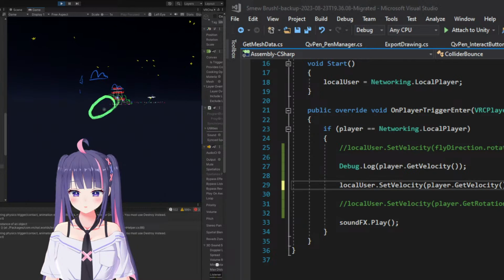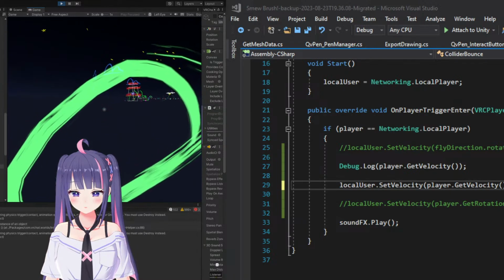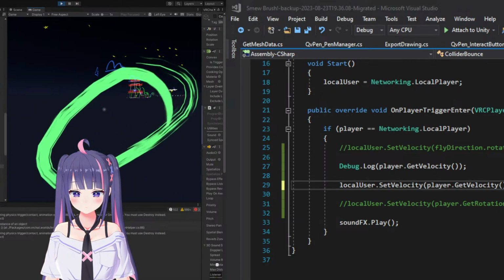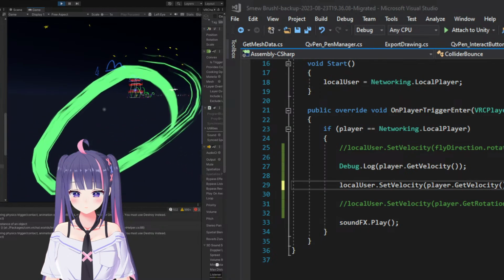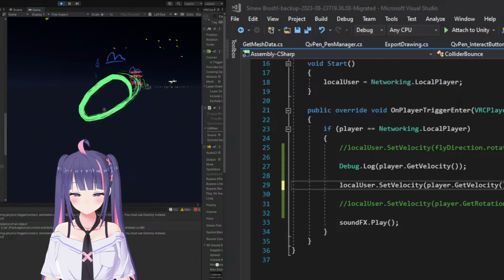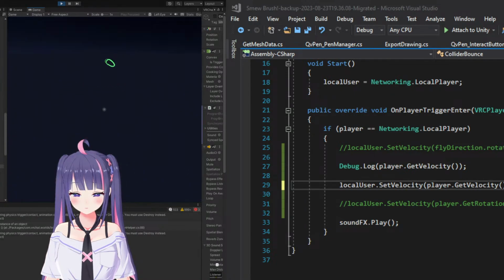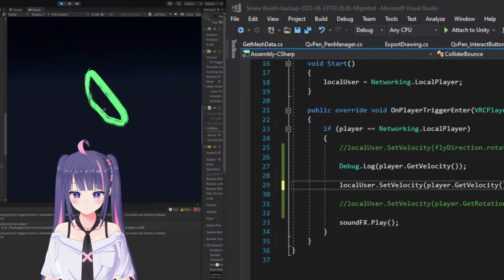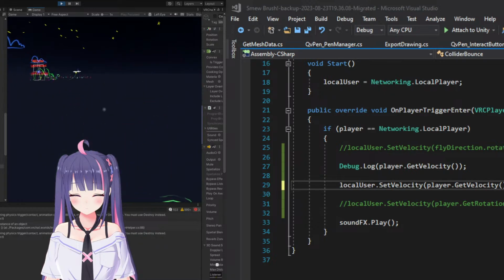See, if I walk into this bounce from the front, I want it to bounce me backwards. If I bounce it from the top, I want it to bounce me so wherever I collide with it,